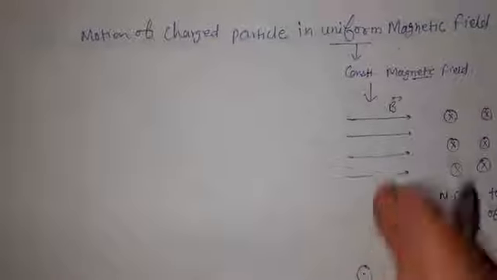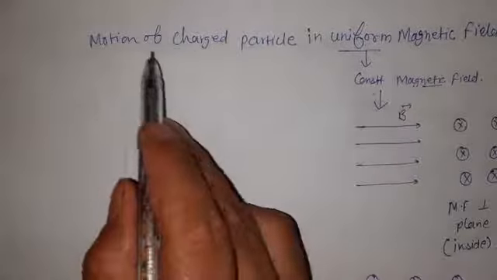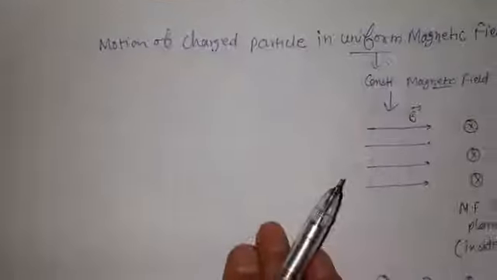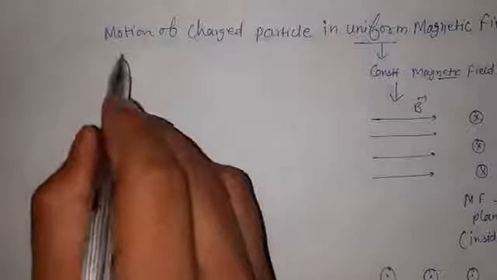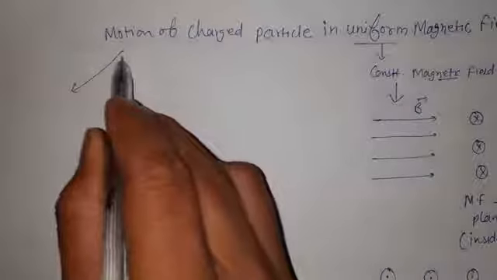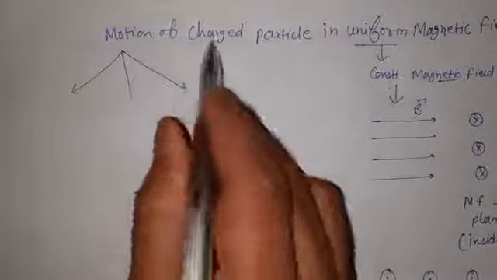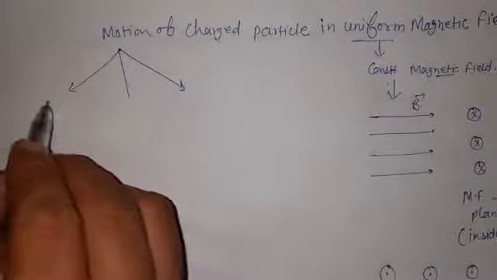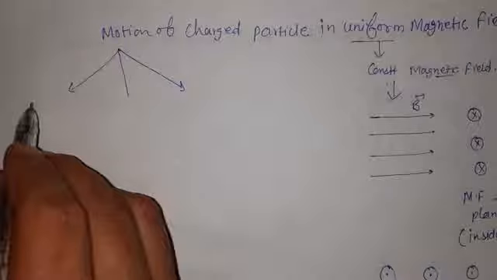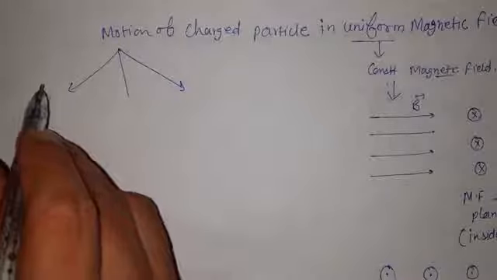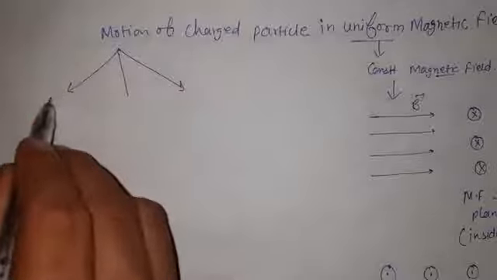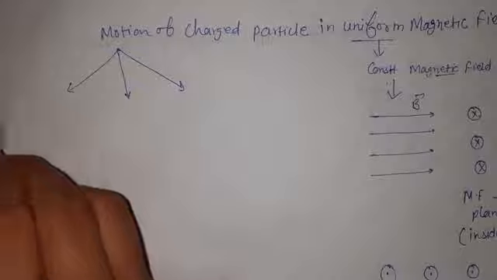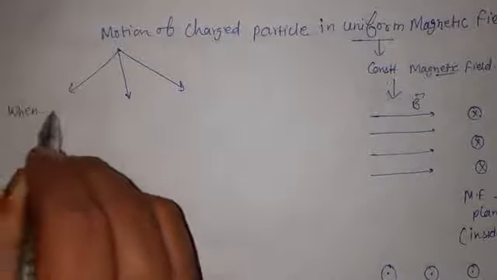Now here it is said that there is a uniform magnetic field and a charge is going to enter this uniform magnetic field. There are three types of motion which a charge will do in this uniform magnetic field. First, how this charge is going to enter the magnetic field. We have three cases on the basis of which it will do these three motions. So first,